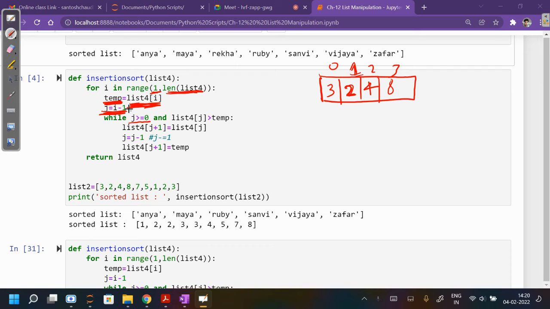So while j is more than or equal to 0, so j is I minus 1. So j is more than or equal to 0, and list 4 j means jth index in list 4. So the element at jth index in list 4 is more than temp. Okay, so currently we are checking, j is I minus 1, j is just one index before I, and temp we have taken as value at ith index. So if value at jth index is more than value at ith index, and j is less than I,